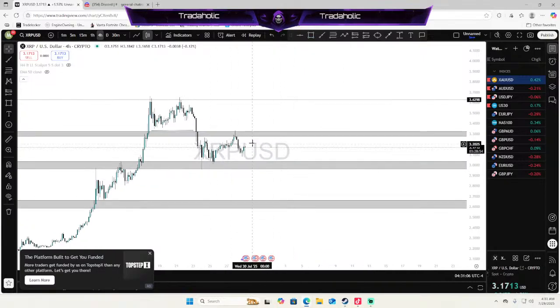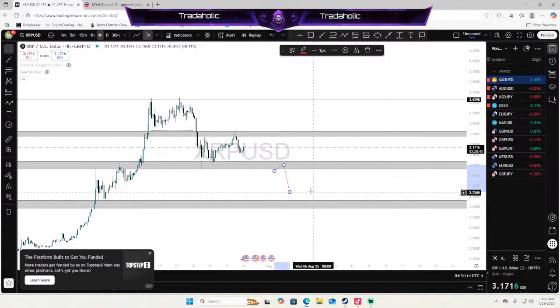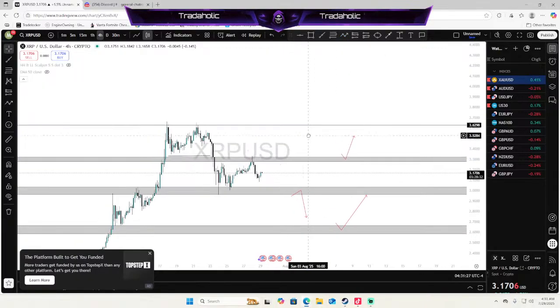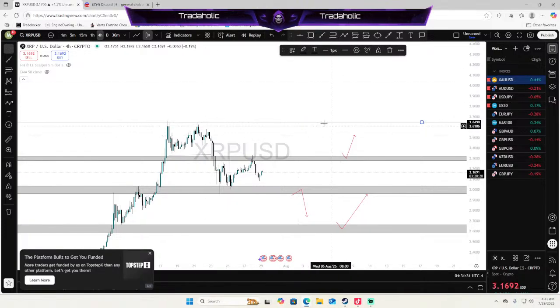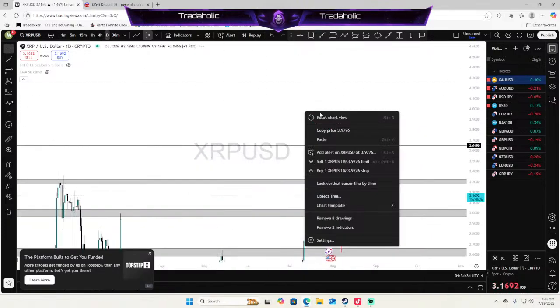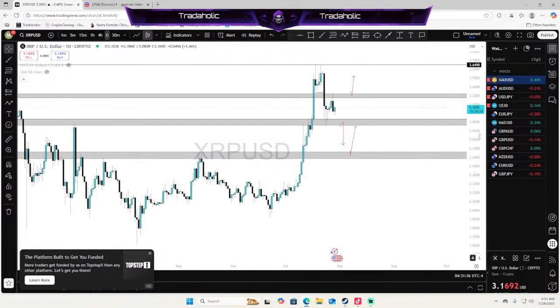We also have this level right over here that price is rejecting, showing you that we are in this range. So price is currently ranging between this 3.30 area and the $3 area. I will want to see a break below this area to target me to come down to this 2.60 range to then take some buys at this area. If this break doesn't happen and price starts to push back up, you could take some buys above this 3.30 area for a trend continuation. And yeah, that's what I think about XRP.